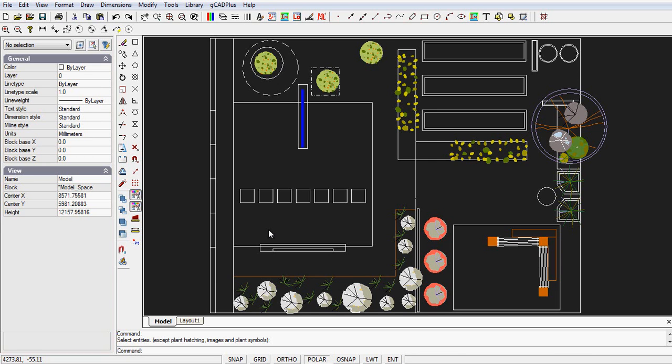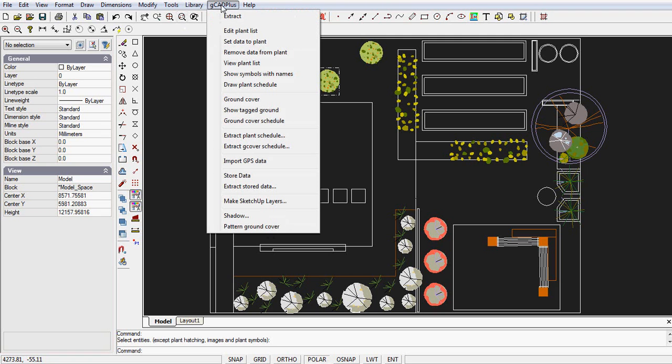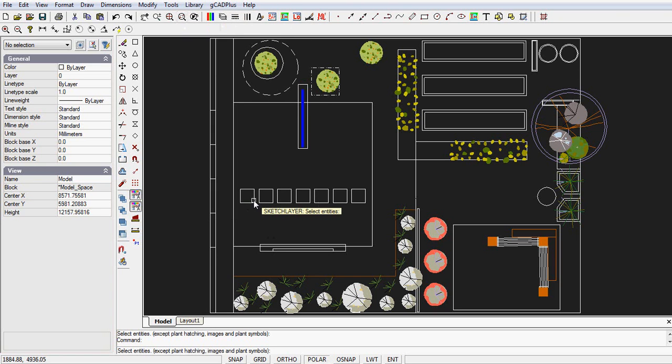Now, many clients find it quite difficult to interpret 2D plans, and gCADPlus gives you the opportunity, if the client is willing to pay for it and you can fit it into the budget, with producing a 3D view by exporting the base information, which is now accurate and full size, into 3D modeling software. The software we favour is one called SketchUp, and what we're going to do now is to export that base geometry to SketchUp. So we've provided a tool to do that and make SketchUp layers, and we are asked to